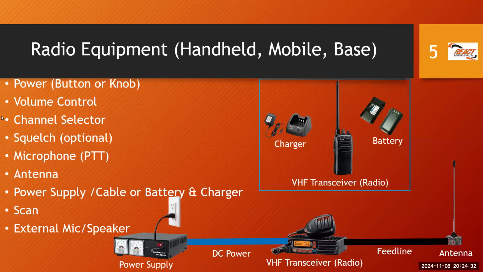So we have quite a few bullet points here about some of the features on a radio that we may wish to standardize. But notice here, this is a particular brand of radio. This is also another particular brand of radio. And in the early days of radio licensing, certainly in Trinidad and Tobago, when you applied for a license, you had to say what brand and model of radio you were applying for the license for. That's not very practical in today's world, but nonetheless, there are still benefits of standardizing equipment. So for example, programming radio equipment.